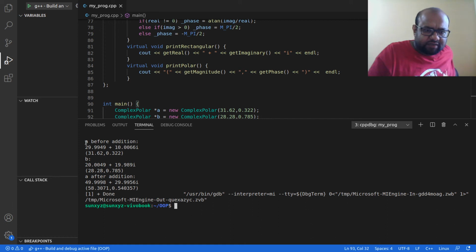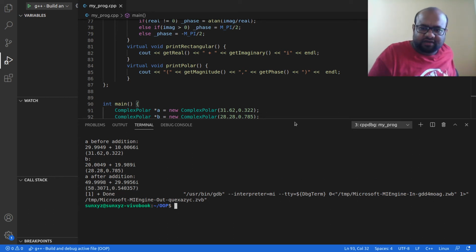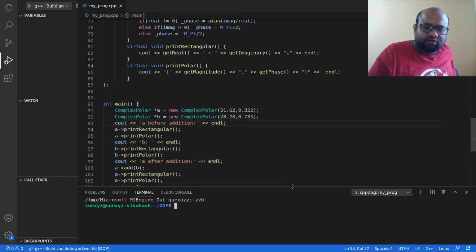So this is A before addition, both in rectangular form and polar form. This is B, and when I add B to A, this is A after doing the addition. Alright, so this is what I have, complex number in polar form.